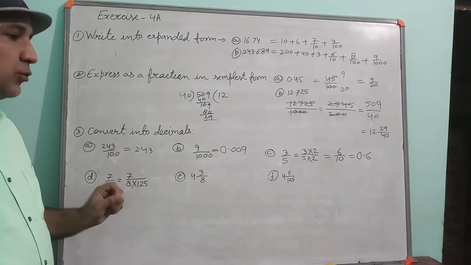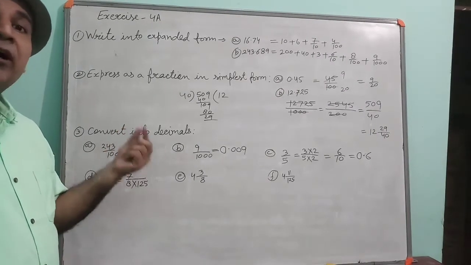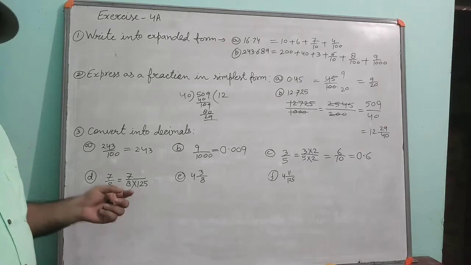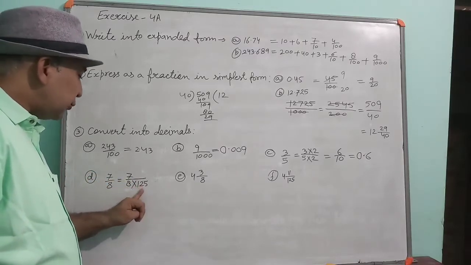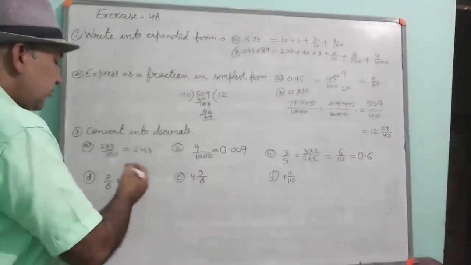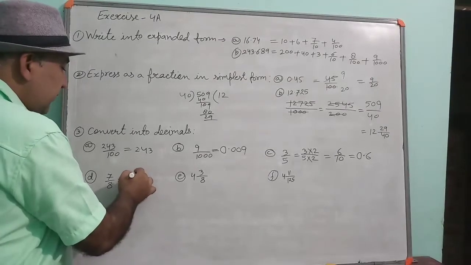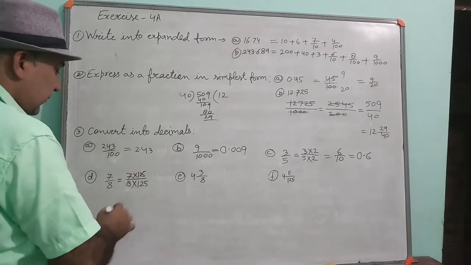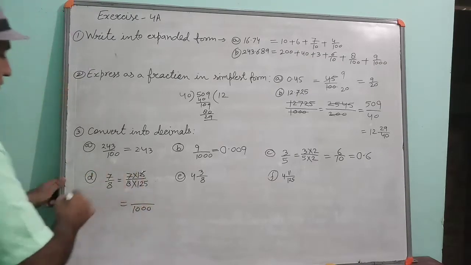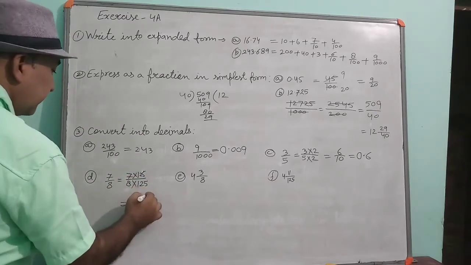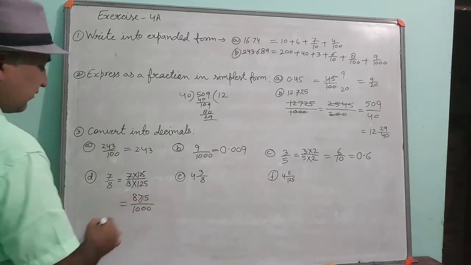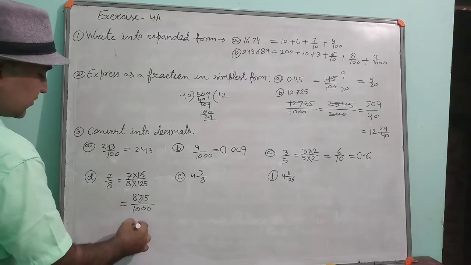8 cannot be converted into 100 also, because 12.5 multiplied by 8 will become 100. Again, that is not a whole number. 12.5 is not a whole number. We have to think of a whole number which is multiplied by the denominator to convert it into a power of 10. Then this number is multiplied by the numerator also. Now the denominator has become 1000, and what will be the numerator? 875.